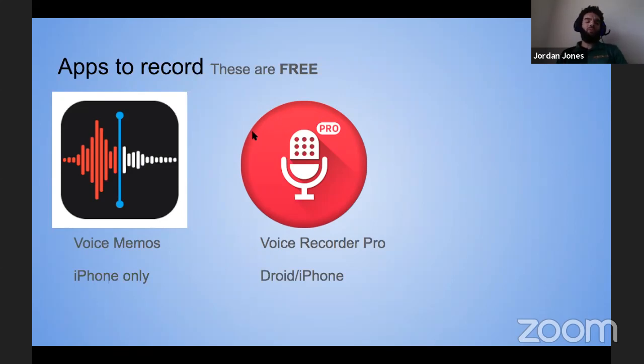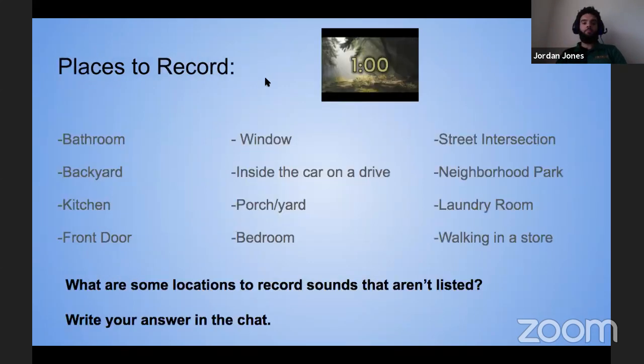And if you have the setup and have a microphone, or want to use your computer, you can do the same thing there. But it's probably a little bit easier with a handheld device, because you can put it in areas that a computer or a microphone might be difficult to reach.